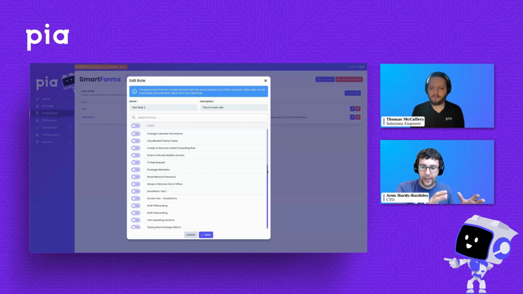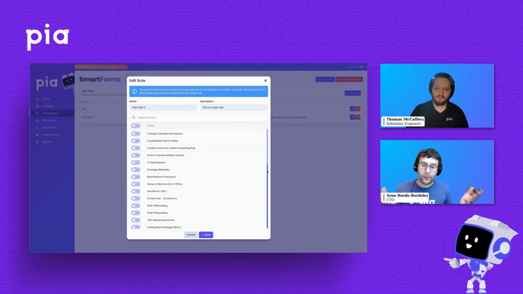But this feature here is actually a stepping stone to a feature that we're going to be releasing in a future release around synchronization of your PSA contacts into the roles. So what that would actually do is, we're an automation company, right? So we're going to automate stuff, but it will completely automate the configuration of your user setup process for SmartForms so that you won't need to maintain and manage it outside of managing your contacts and contact types in your PSA.